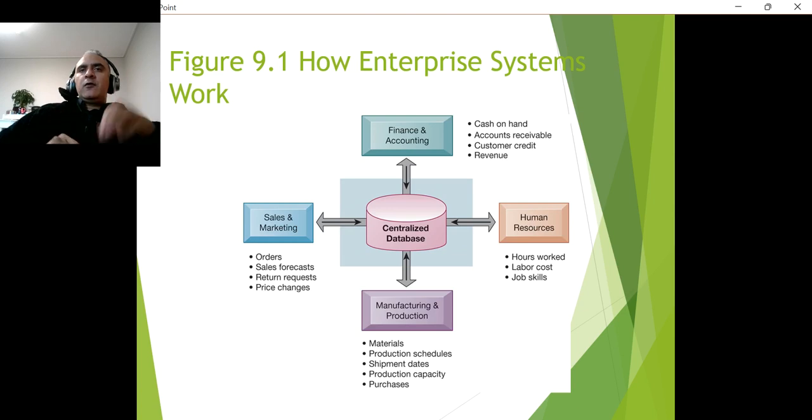So what we call a module is, for example, when a company can hire an ERP system and just have a module for the sales and marketing. So it means the sales and marketing module is just that one, and then little by little they start to integrate other modules like finance and accounting. Usually when an ERP system goes in, it already goes in with a couple of modules, because in the end it's better to just start to integrate everything. Yet the problem is migrating the data, connecting the data, the cost of it. We'll see later. Those are the issues of implementing these kinds of systems. But in the end, we're talking about information